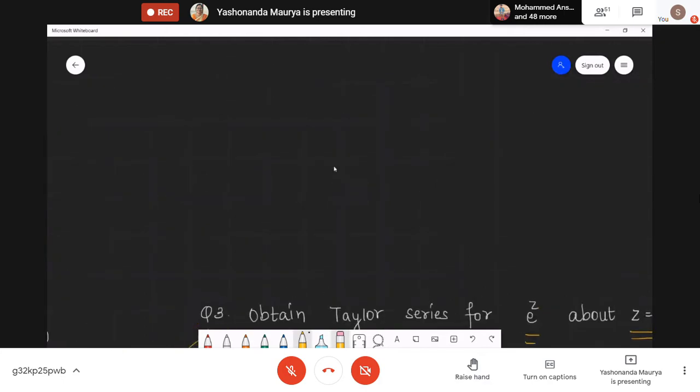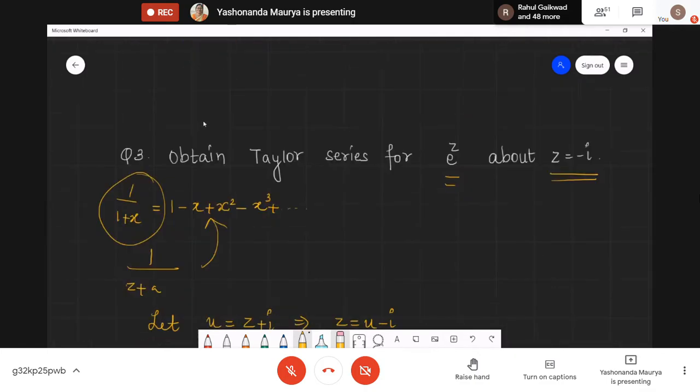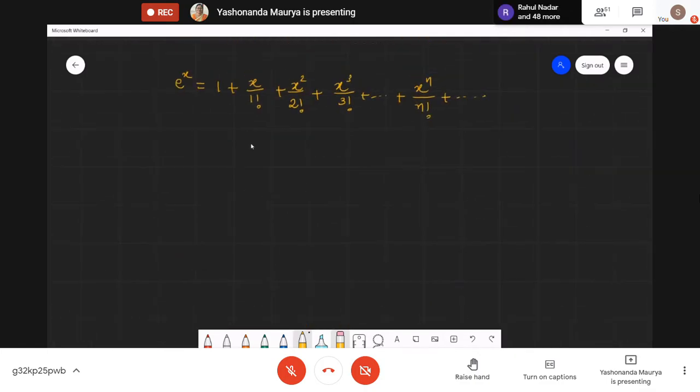What are the standard series expansions that are known to us? So we have, you remember what is the expansion of e raised to x? It is 1 plus x upon 1 factorial, x square upon 2 factorial, x cube upon 3 factorial, dot dot dot. The general term is x raised to n divided by n factorial and so on. Okay, so when nothing else of the fractions appears over there, then these standard expansions may help us. Okay, so this is the e raised to x expansion.